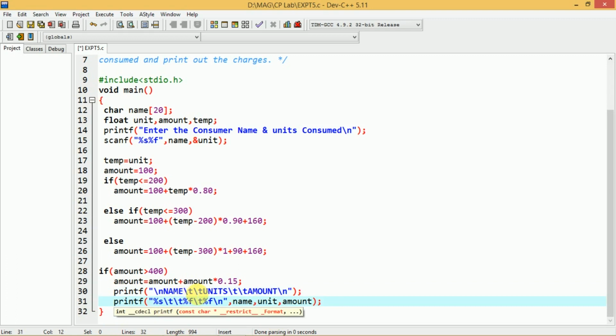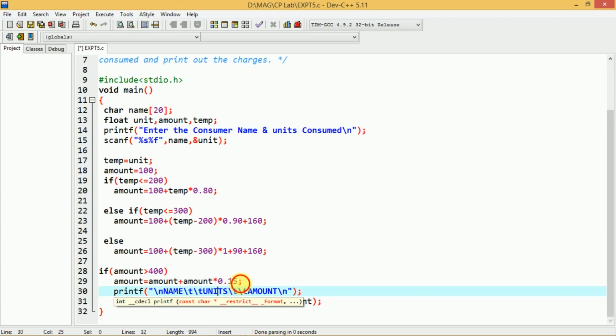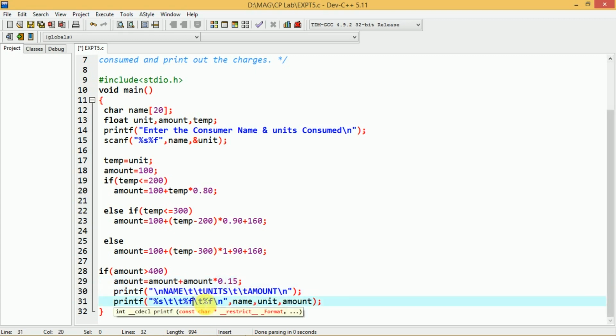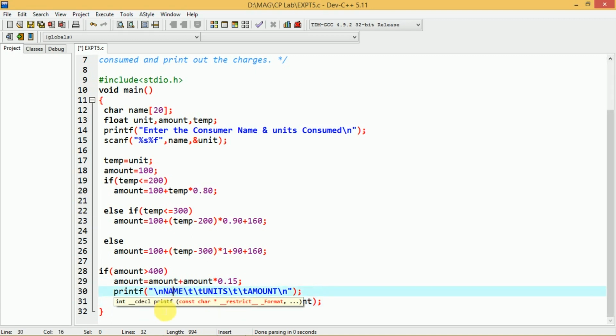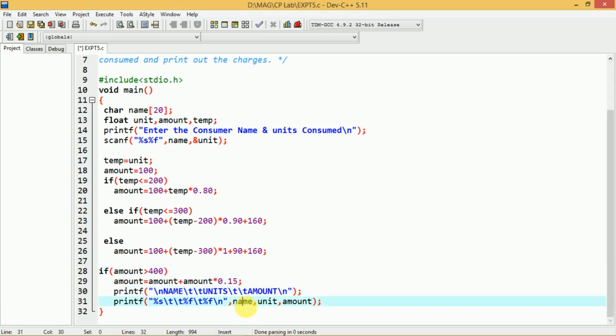After this I give some space, so I use \t. Then units, which is %f, again \t, and to display amount I have %f. The name is present in the variable name, number of units consumed is in the variable unit, and amount to be paid is in the variable amount.